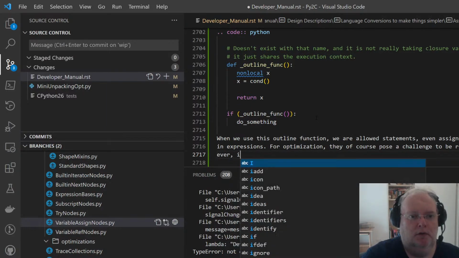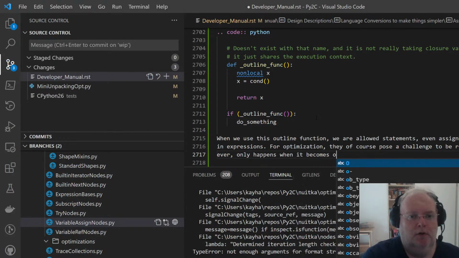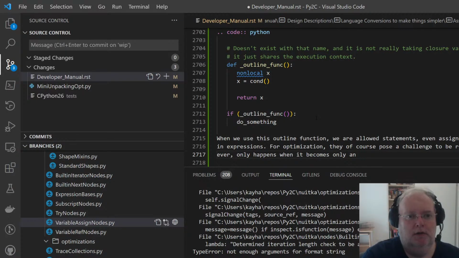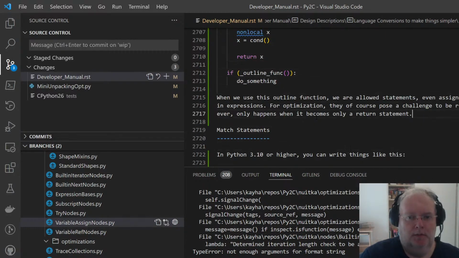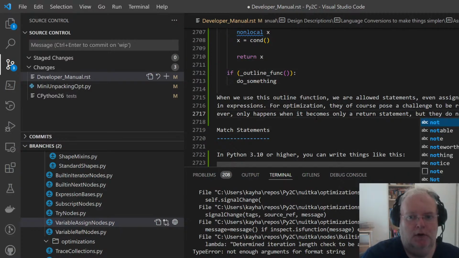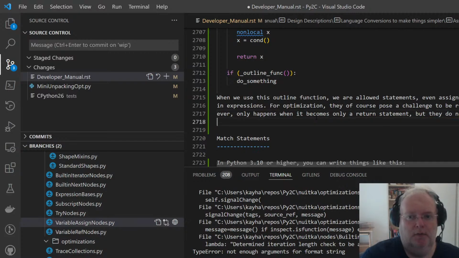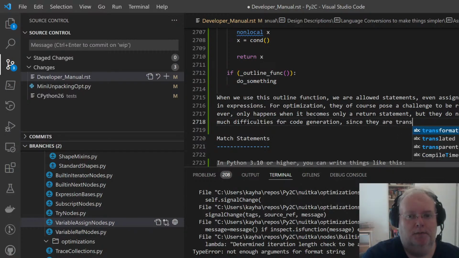An error happens when it becomes only a return statement. But they do not cause much difficulty for code generation, since they are transparent.